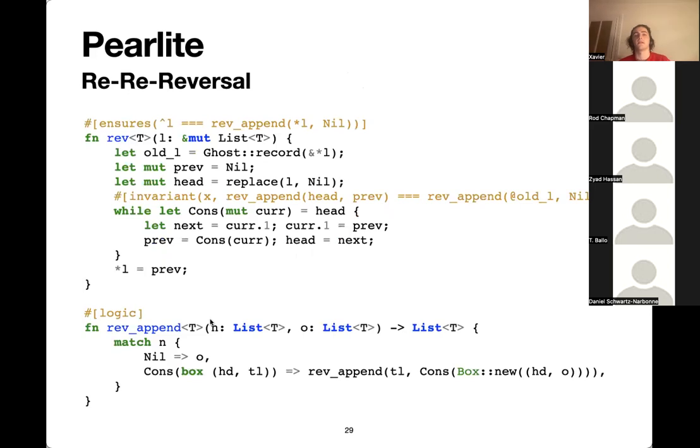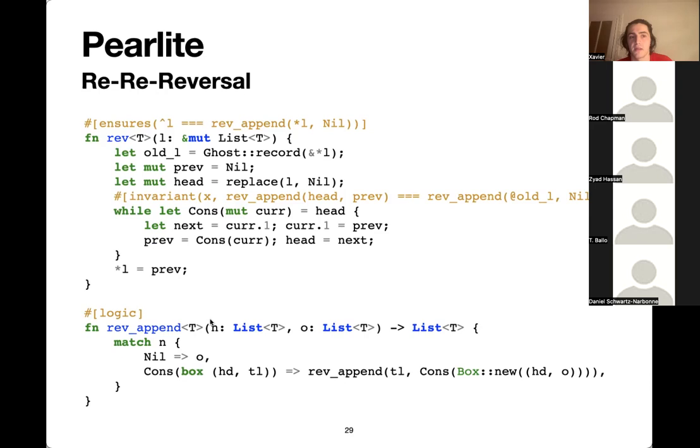And so in Creusot, I won't bore you necessarily with this example. We're about to have a little demo of some other code, but we can give a specification to the previous list reversal example that we saw earlier on. Here, what we would like to say is that when we send a linked list into our reversal function, after we call reversal, the linked list that we have is reversed, right?